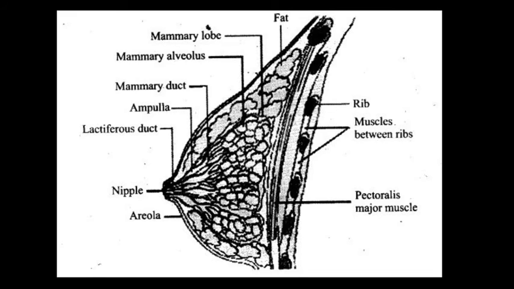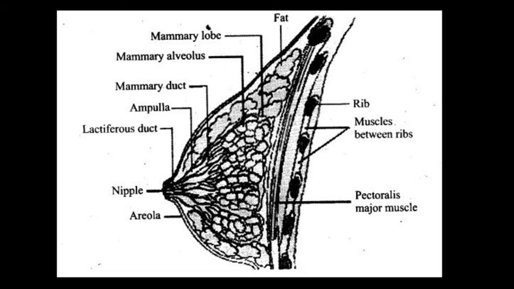Now here is one picture, the lactiferous duct. The mammary ampulla is connected to the lactiferous duct through which the milk is sucked out by the baby. So that is all about the mammary gland of the female reproductive system. In the next slide we also discuss